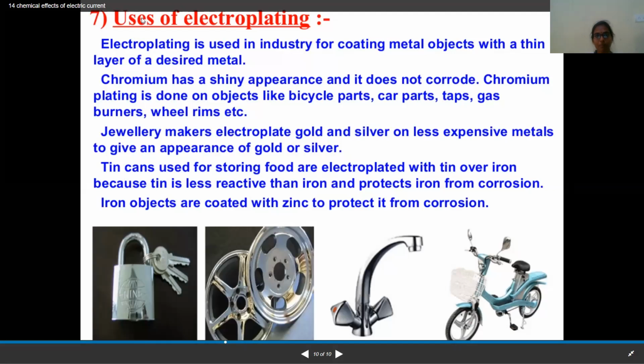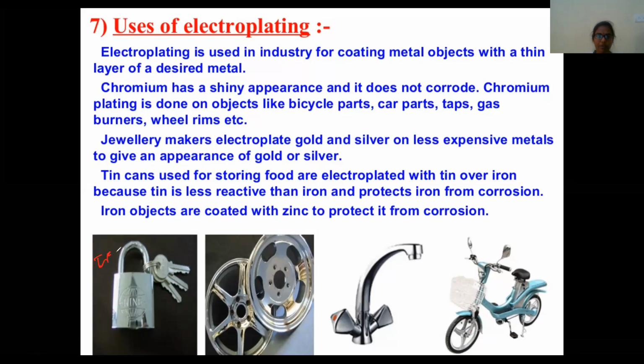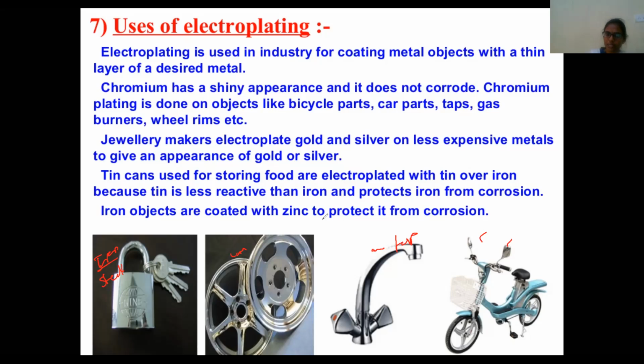You'll see it has a lot of applications. So what are the first applications? See, our key bunch is actually made up of iron. If it stays in the iron state, what happens? It will rust after a few days. To avoid this rusting, and also for an aesthetic look, we make the steel coating. See here, in bearings and car parts, in machineries, in taps at home to look good and shiny, and in bikes and mirrors, we use steel coating. The steel coating is made to avoid the rusting of the iron, and to give a shiny silvery surface. So we use the coating method.